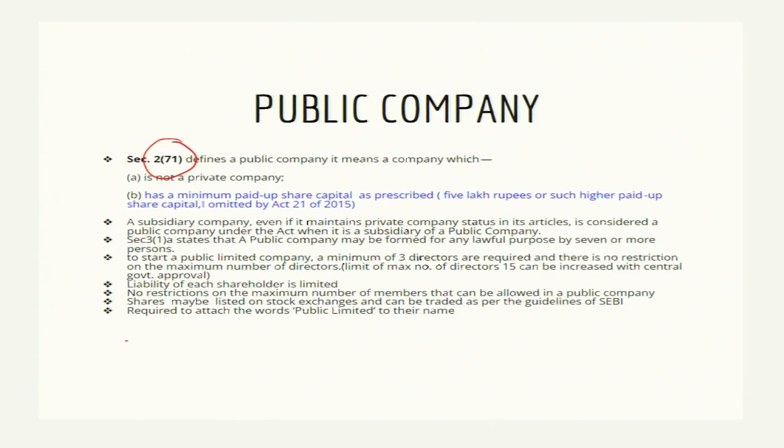up share capital as prescribed. The minimum paid up share capital rules were applicable before 2015, and prior to 2015 the minimum capital required for registration as a public limited company was 5 lakh rupees. But after the amendment introduced in 2015, this limit is obsolete and no such limit is applicable to companies nowadays. Any paid up capital is sufficient